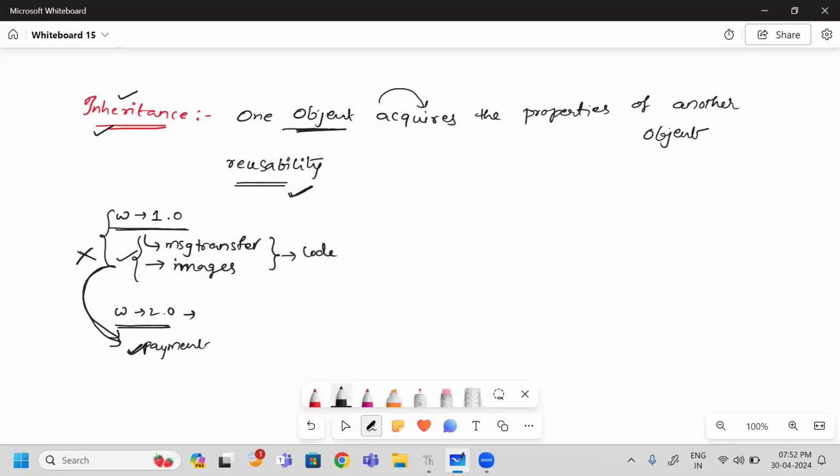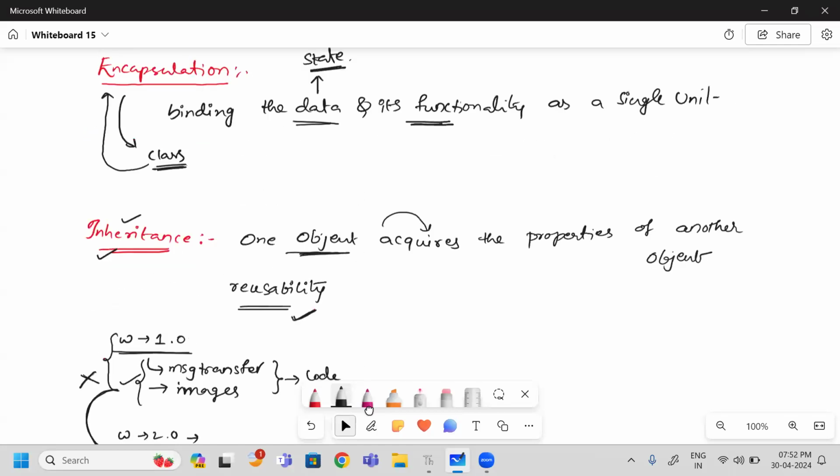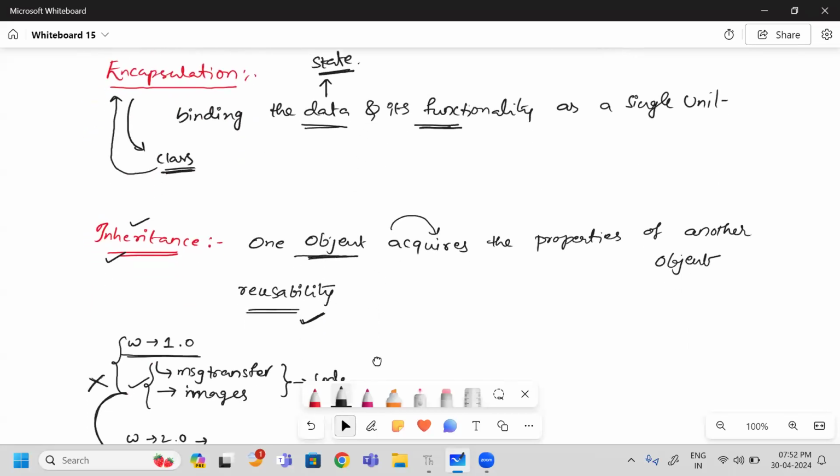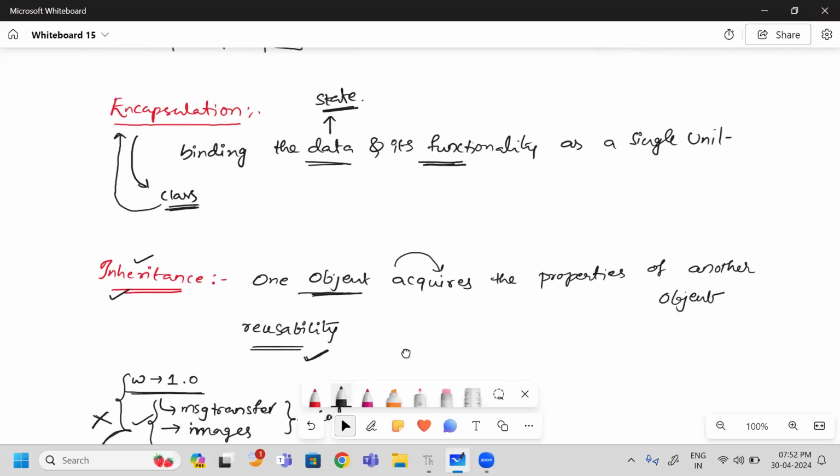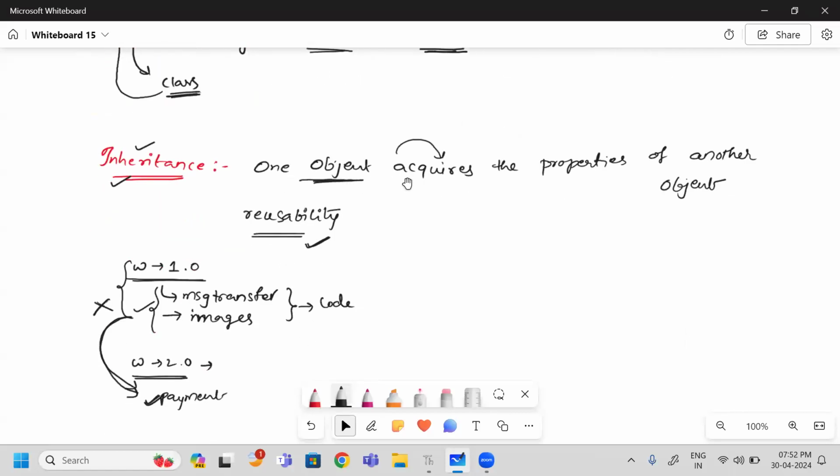What is inheritance? One object, and how is an object created? Using a class only. So one class giving its properties to another class, or one object giving properties to another object, is called inheritance. Encapsulation is for binding the data. Inheritance is nothing but giving one's properties to another. Next one,